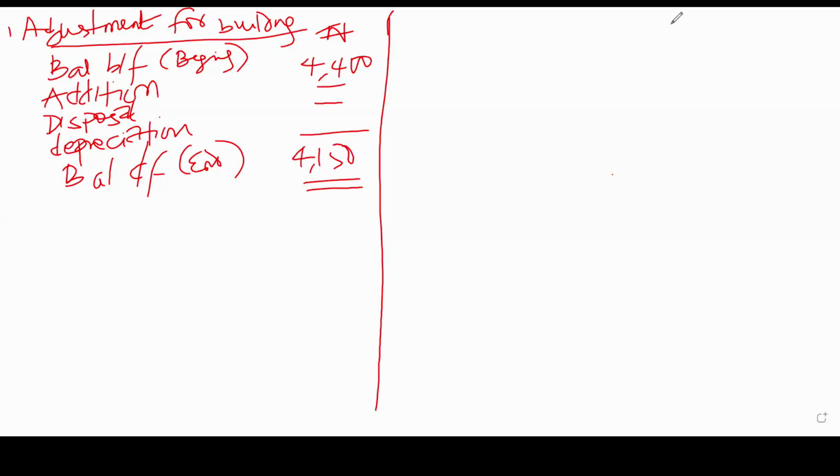Therefore, the only thing that could have happened is that the gap between these two would have been caused by depreciation. My depreciation would have been 4,400 minus 4,150. And that will give me 250. Right? Secondly,